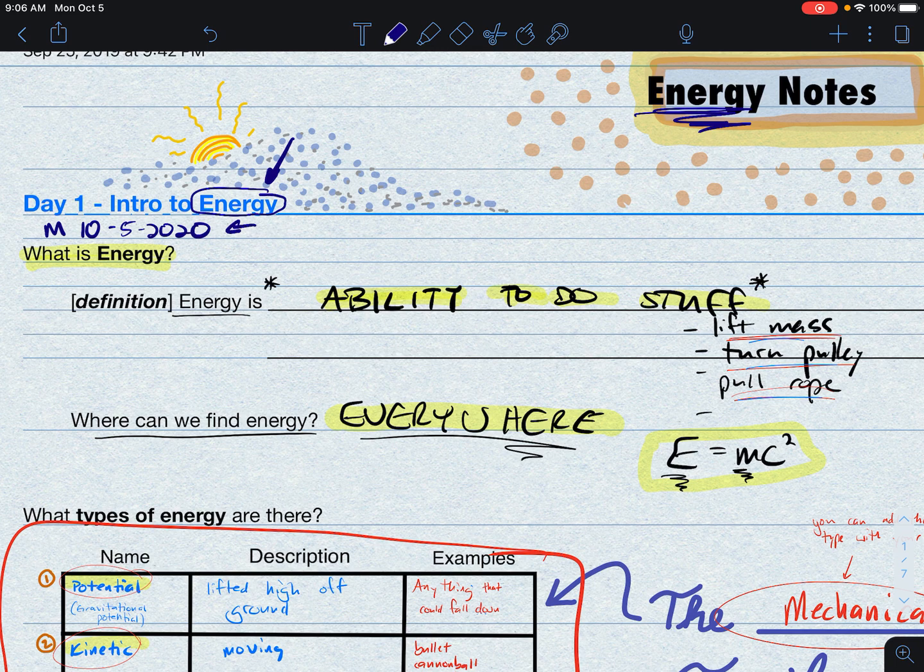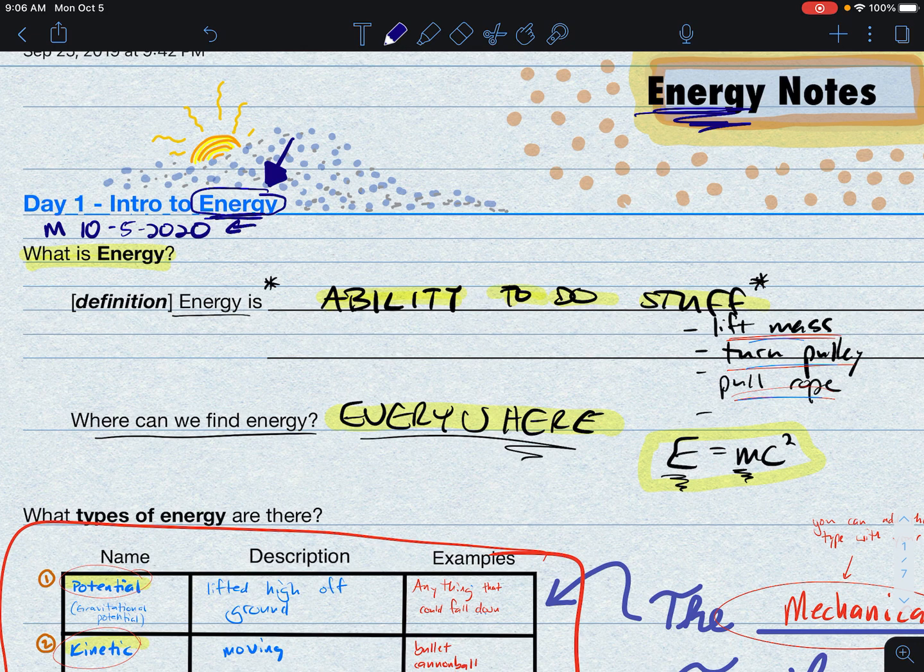this idea of energy. And usually in a typical physics class, energy is going to show up around December or January. We're going to move it to first in this class because energy is actually the foundation of all of the sciences. And so everything else that we're going to do this year, light and sound waves and motion and electricity, it's all going to be looked at through the lens of energy. And so that's why I want to teach you this one first.